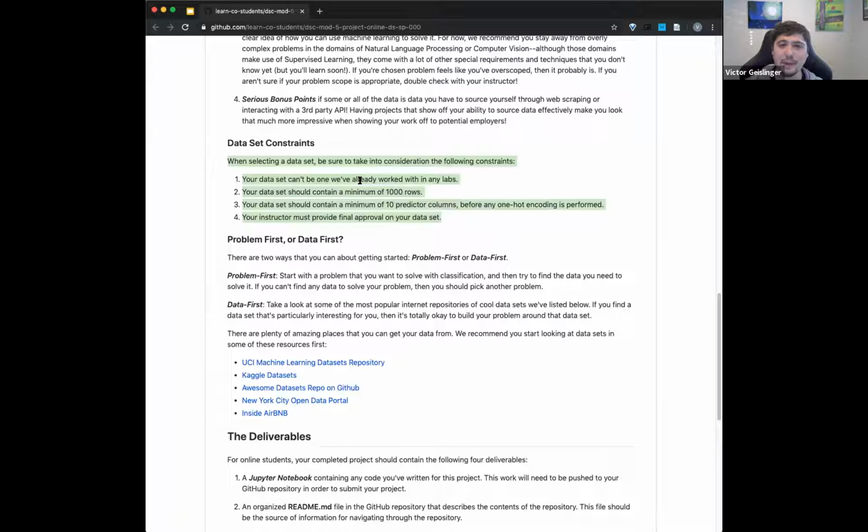Plus the ones in the lab are just not large enough really to do interesting machine learning. And this is where I'm going to really differ from the curriculum. It says a minimum of 1,000 rows. I and a lot of the instructors agree that this is too small for a machine learning data set. Can you do machine learning on 1,000 rows? Yeah, but it's kind of in the same vein of too simple.